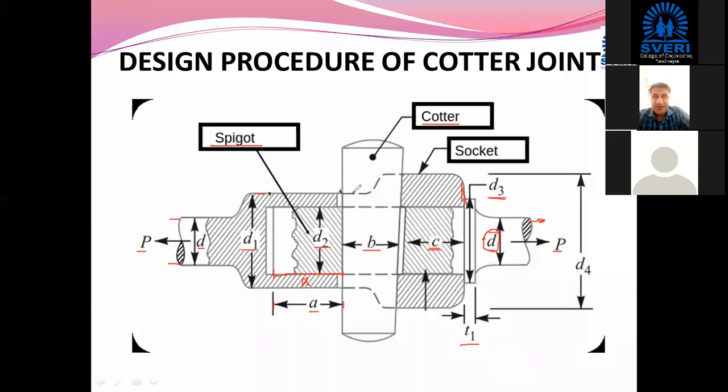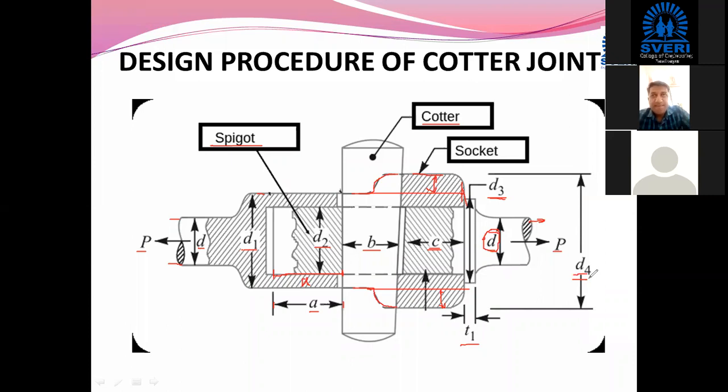Now you can see the diameter has been increased for the socket. It is denoted by dotted lines because we are going to see a sectional view. You can see it has increased in radius by this much, and on the other side by this value. So this increased diameter of the socket is denoted by D4.